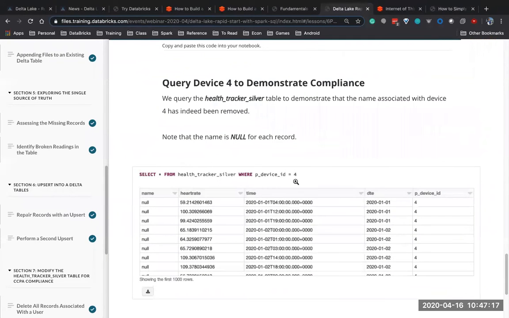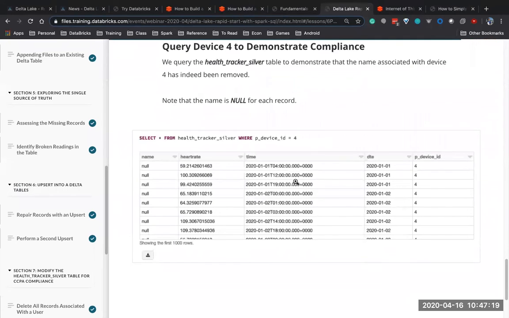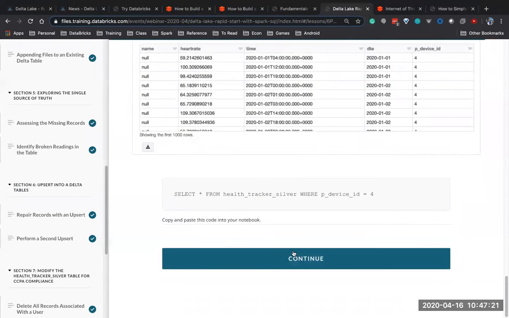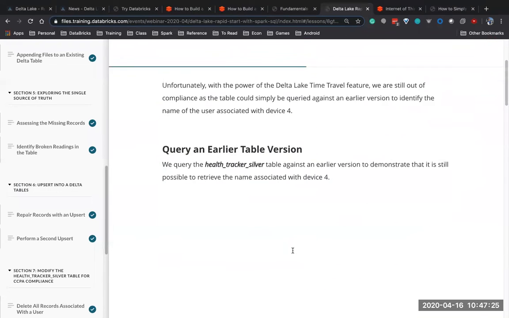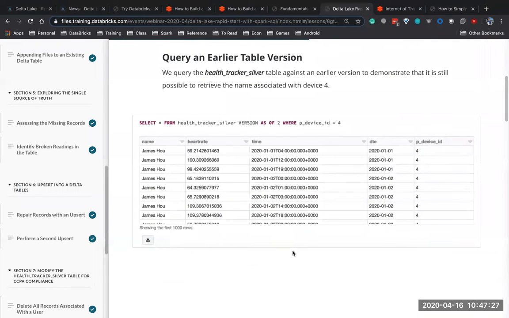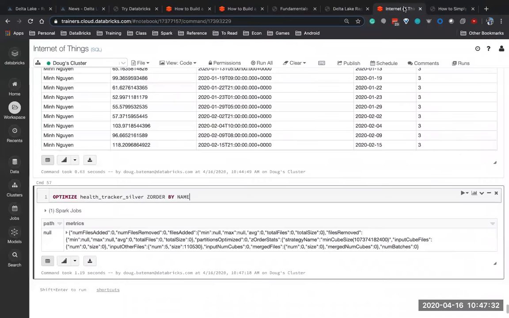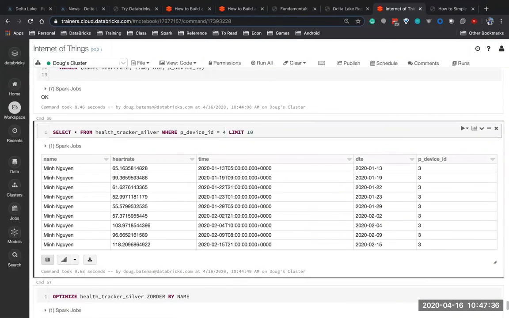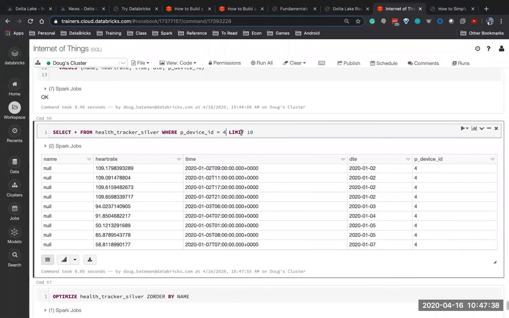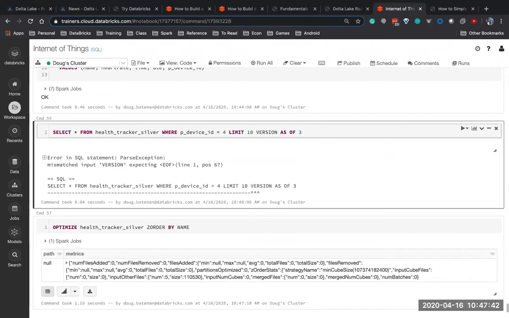Notice now we've got null and all the records. We did that as part of our coding. So this is good, except for the fact that the user's data has not been truly expunged from the system. And the reason we can say that is let's go back and run this query for device 4. We see that his name was expunged, but if I do version as of version 3,